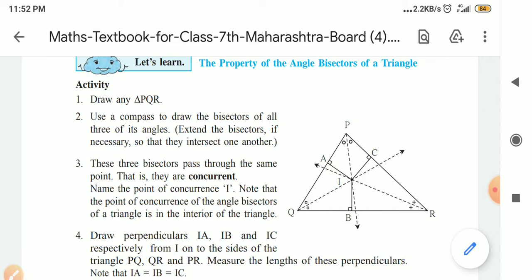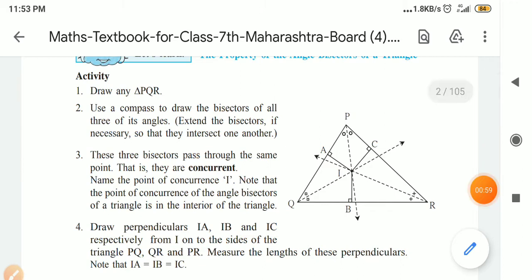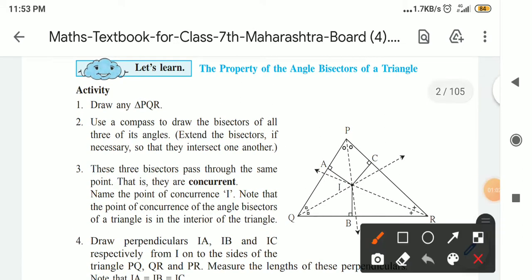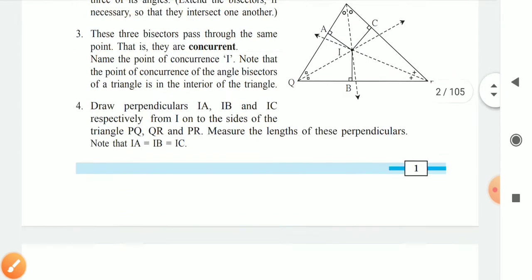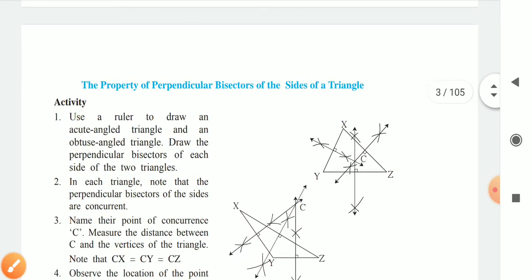And inside it, IA means the perpendicular distance between the point of concurrence of the angle bisectors and these sides of the triangle are equal, meaning IA is equal to IB is equal to IC, that we had seen. Okay, next property is